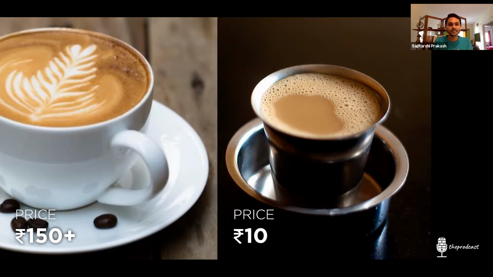And think about the place that you're sitting. Must be an air-conditioned, nice place with some soft music playing. You would have Wi-Fi. You can bring your laptop and work. An ideal place for having a date, correct? The other one, the filter coffee, is not really that. It just solves the basic things. It's coffee, that's it. Have it and just go home.